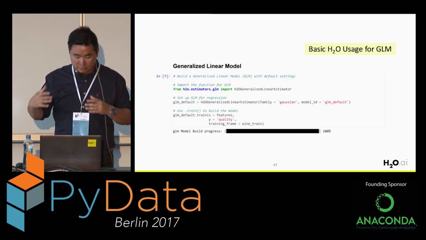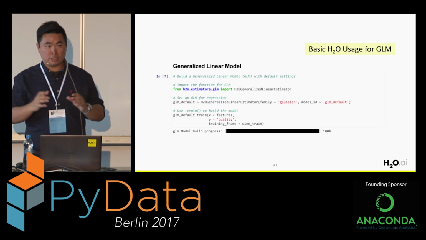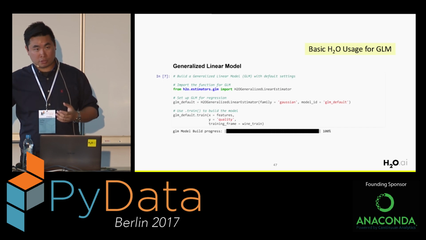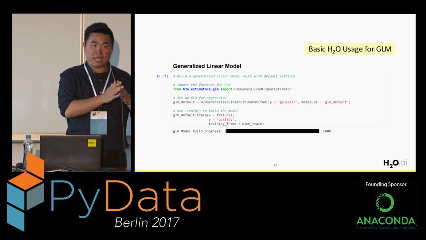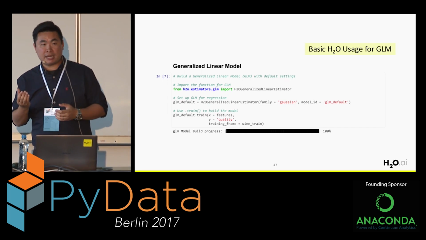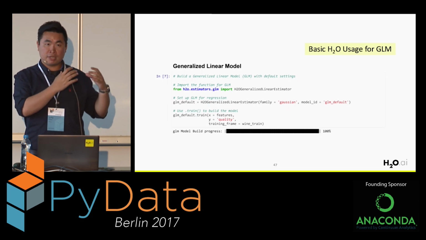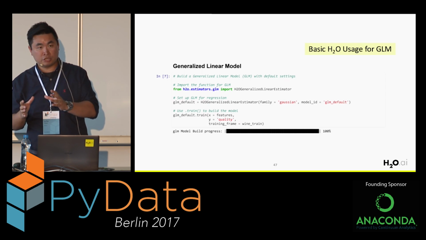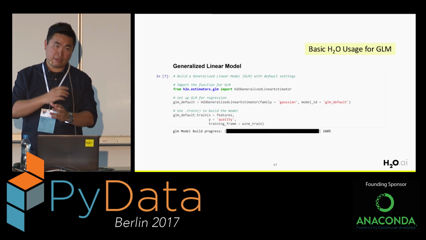Once you define the model, you use the train function, so you train with x equals the features. The features are the 11 values that we specified for this training. Then we look at the target, which is the quality of the wine that we want to predict, and we point to the data frame that we use, the 80% that we randomly took out for training. That is the minimum API to build a GLM model in H2O. Remember that when you execute this code, it's not using Python to do the computation. It talks to the H2O cluster in the JVM and uses Java to do the computations, and then you get the result back in Python when it's done.